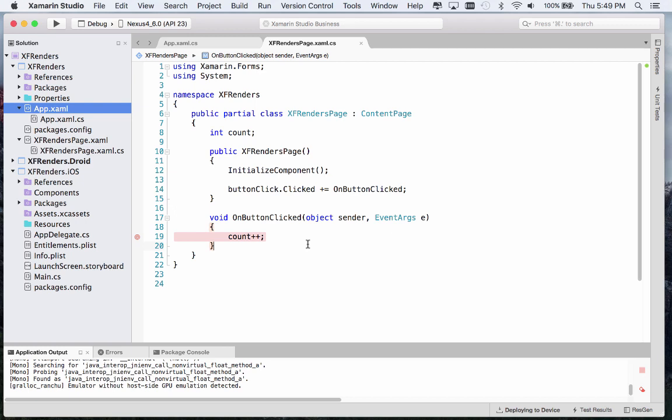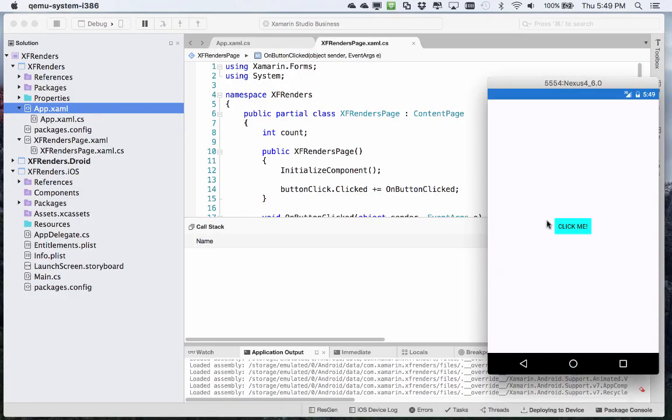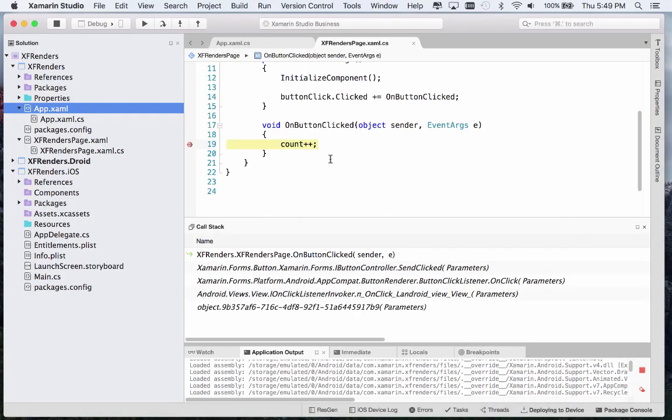Here I've got a default Xamarin.Forms application with just a slight change. In the default content page, I've replaced the label with the button. In the code behind, I've wired up the clicked event to an event handler, and we've added a breakpoint. So let's run this on Android. I can hit the button, and we see the breakpoint, and we can see our on button click being raised,